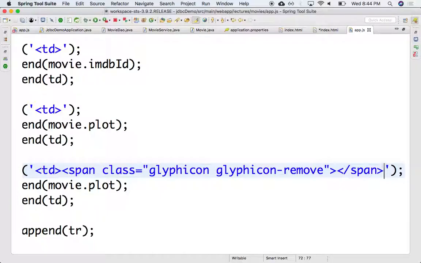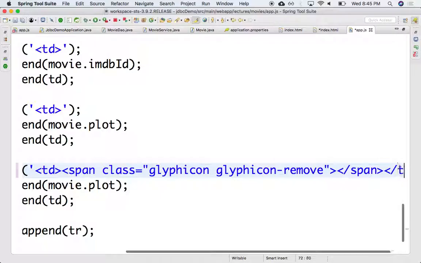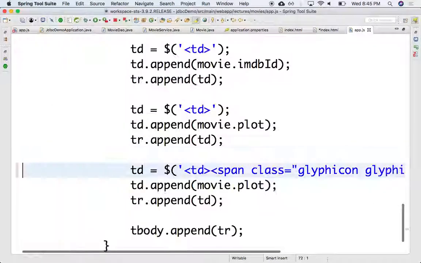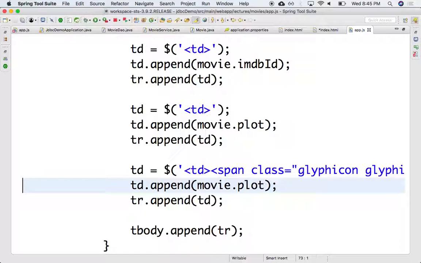Okay, so it adds that span, that TD, very good. Let me close that TD. So it adds that, and